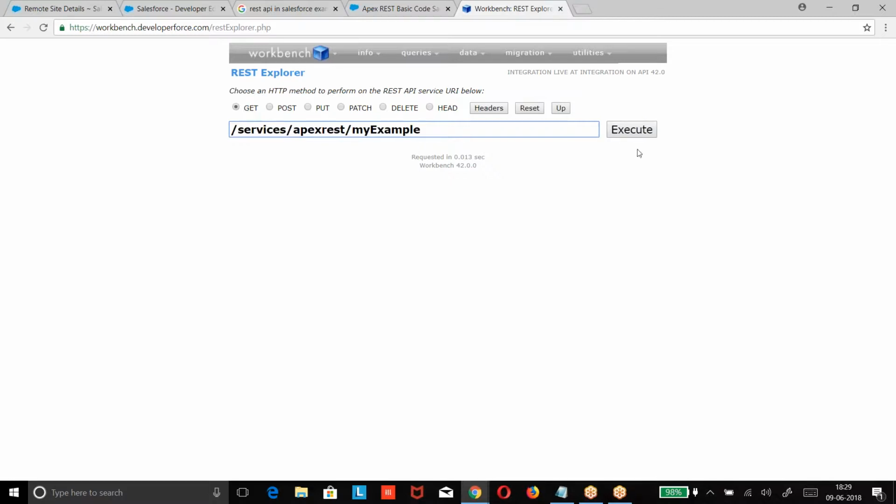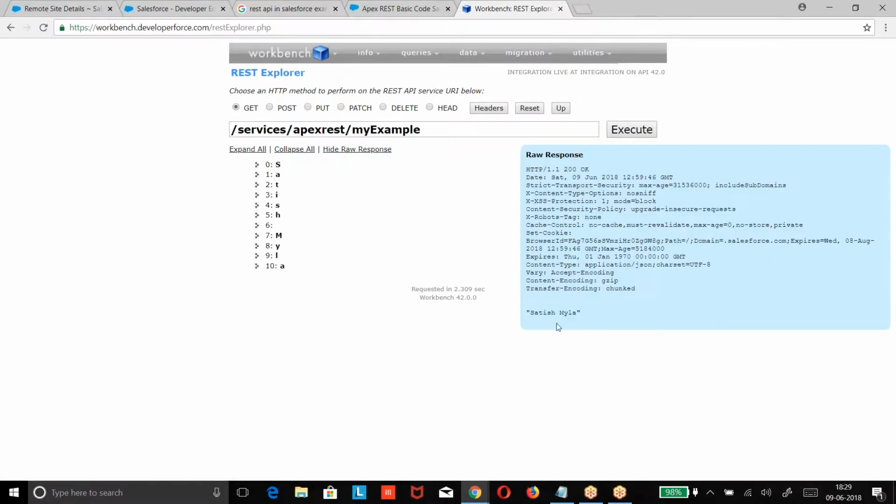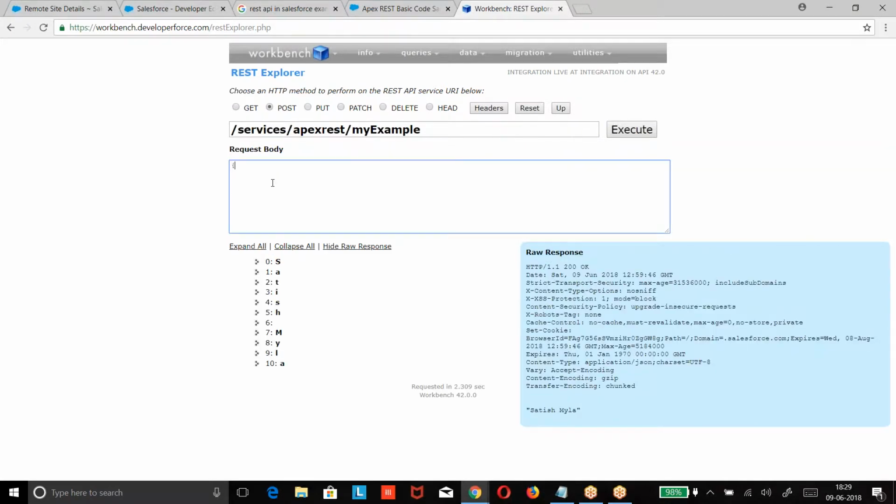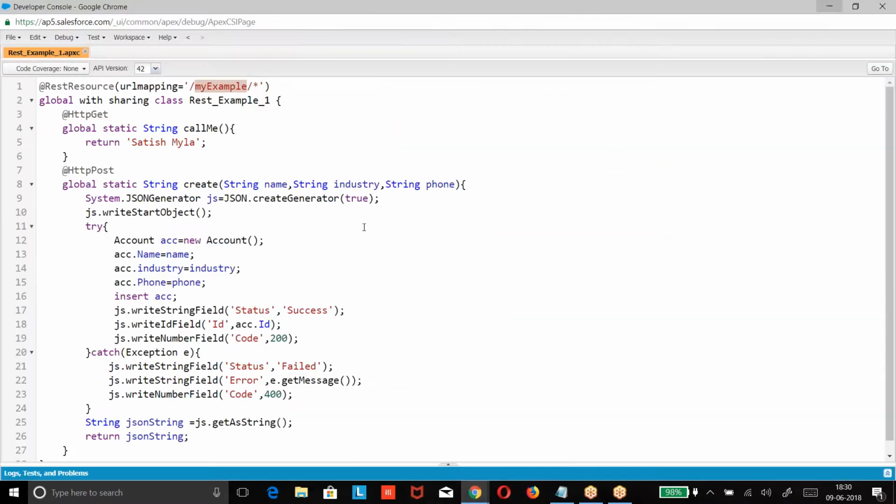What is the method? Execute. I'm testing. What is the response I give? Because the method is post, how should I give? What are the parameters I was expecting?